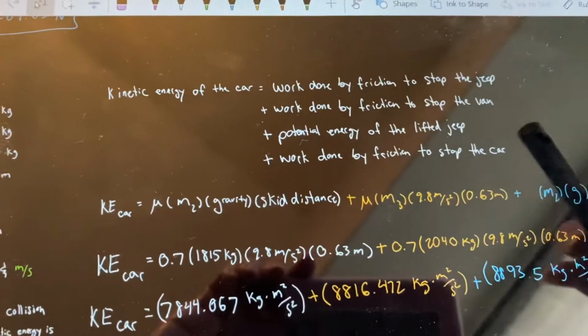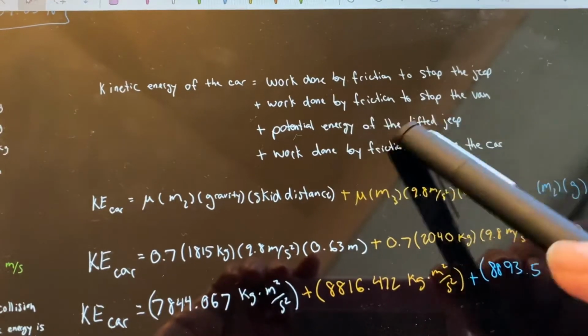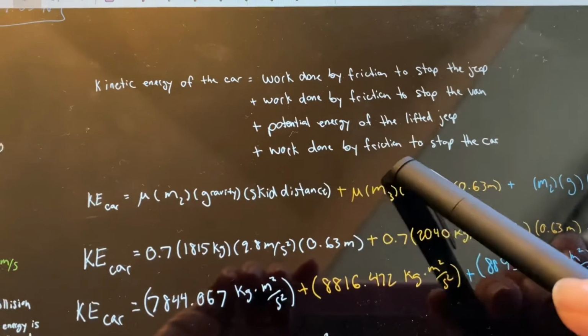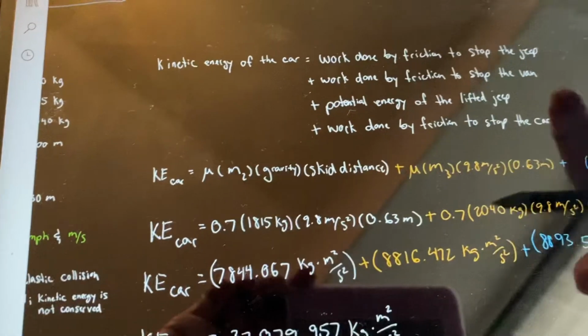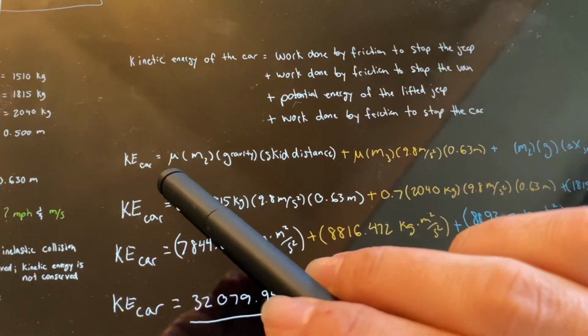Kinetic energy of the car equals the work done by friction to stop the Jeep, the work done by friction to stop the van, the potential energy of the lifted Jeep, and then the work done by friction to stop the car. So we're just going to set that up. We're given the